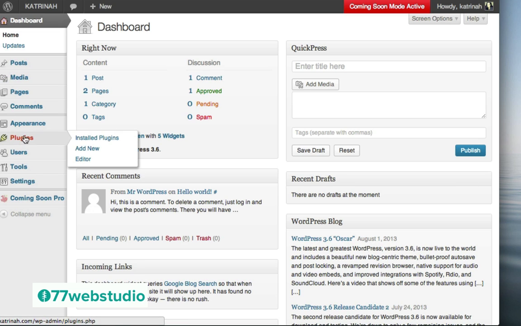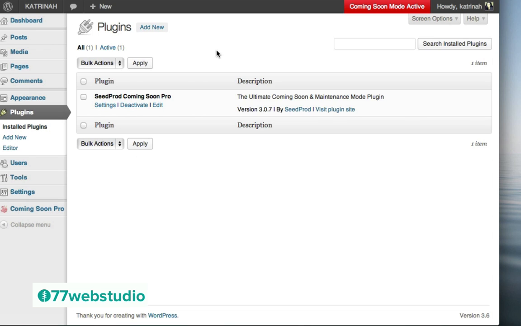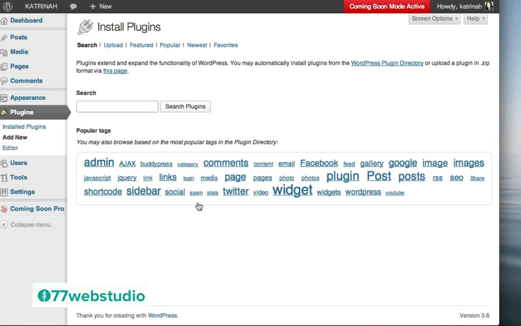So I'm going to click on Plugins here on the left-hand side. Just like the Pages screen, we can add a new plugin by either clicking on this link here that says Add New, or on the left-hand side, underneath Plugins, we can add a new plugin by clicking on Add New right here. So I'm going to click on Add New on the left-hand side, which brings us to our Install Plugin screen. The plugin that we want to install is called Contact Form 7. So I'm going to type that in here in the search field, and then click on Search Plugins to search for this plugin.